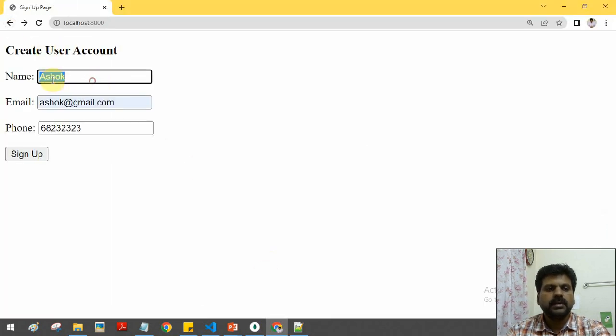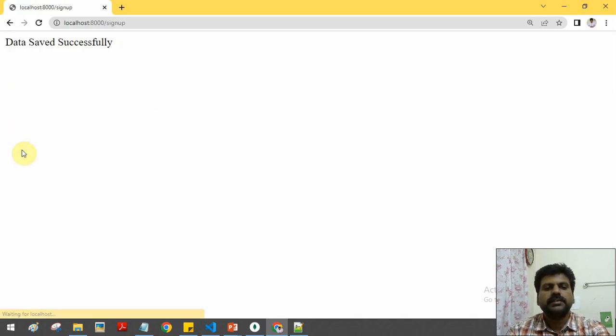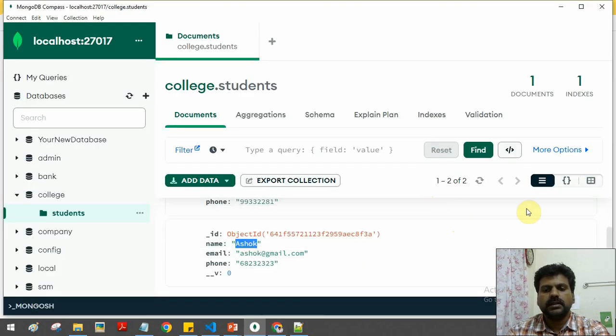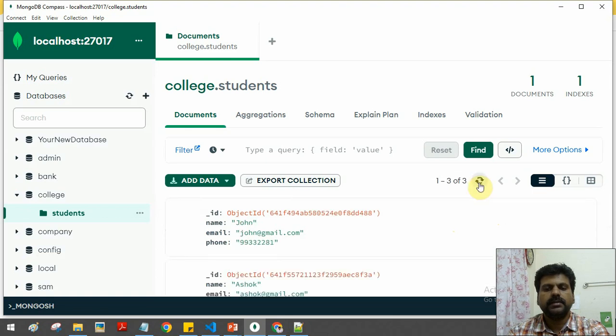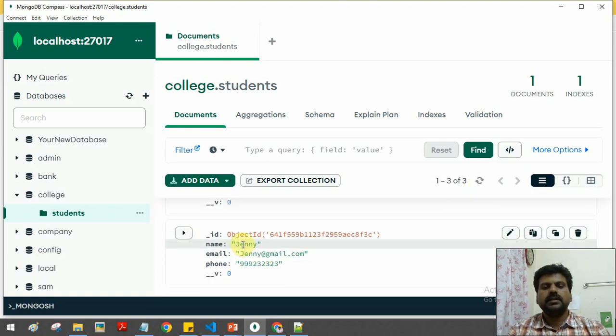For example, here I'm going to add Jenny, and the mail ID, assume that, jenny@gmail.com, and the phone number is 99 something. Okay, and click sign up. Now again it is added. Okay, we can go and check, and here again I'll click here. Now look at this, Jenny data is added,